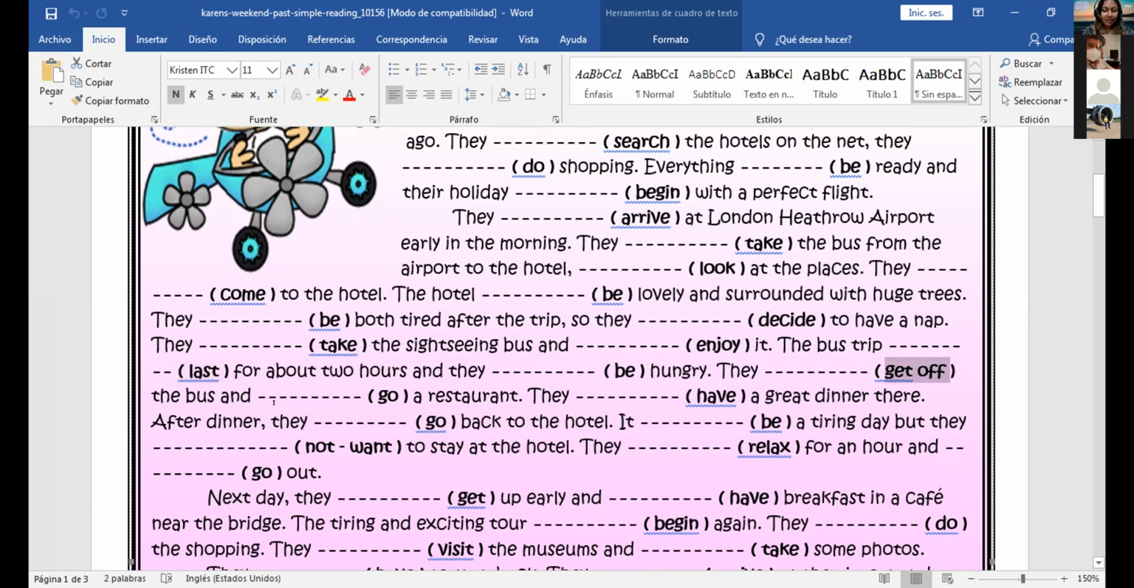They took the bus and went to a restaurant. They had a great dinner there. After dinner,